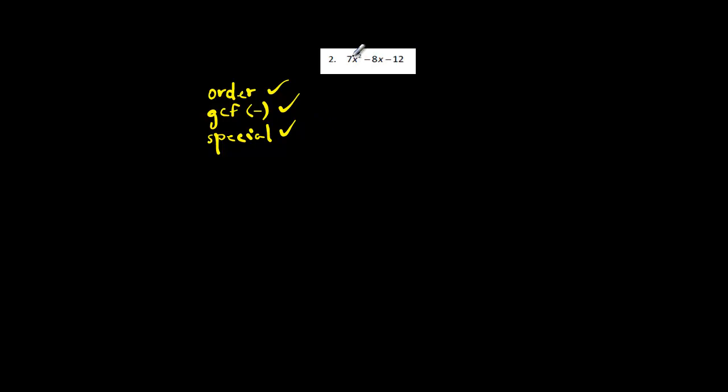Now this is a hard trinomial because the lead coefficient is larger than 1. So let's do the box method here. Let's put in the first term here, the last term here. My AC is 7 times 12, which is 84. So let's write down all of the